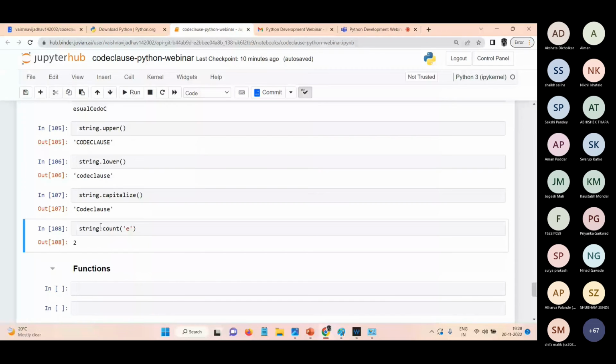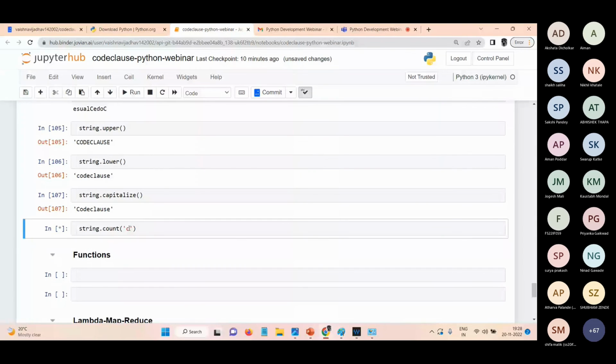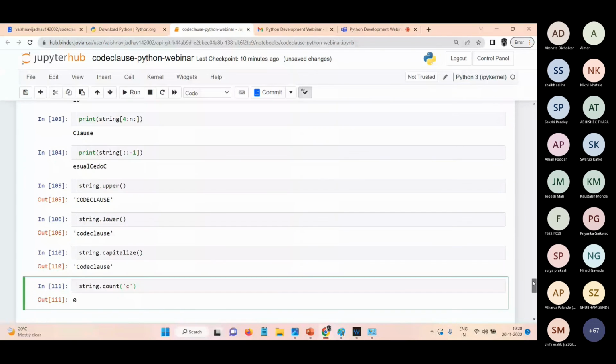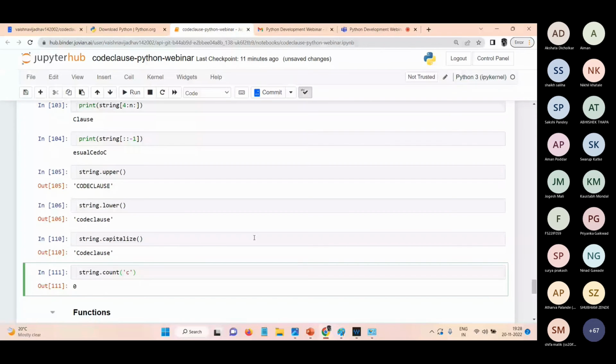Okay, if we have to count the occurrence of the C, let me just... It's showing C. One minute. Okay, let me just declare a string again. String equals to "code clause" and just count. Yeah, string dot count